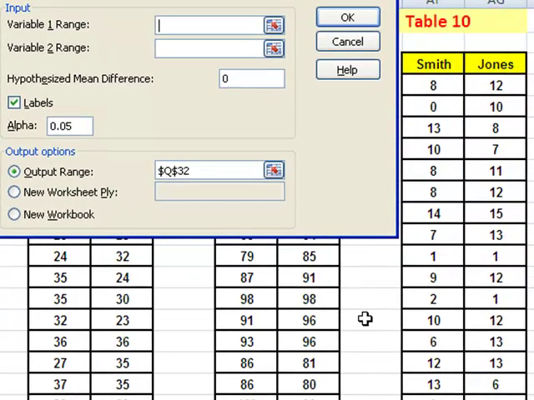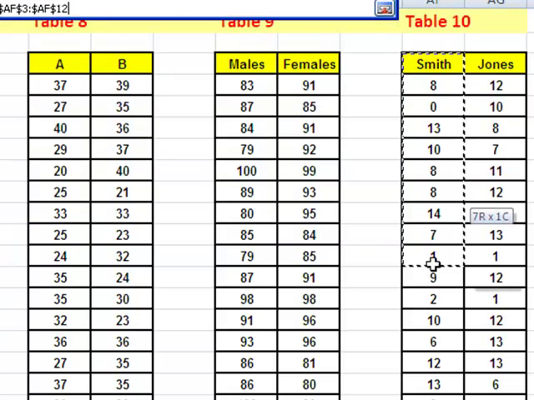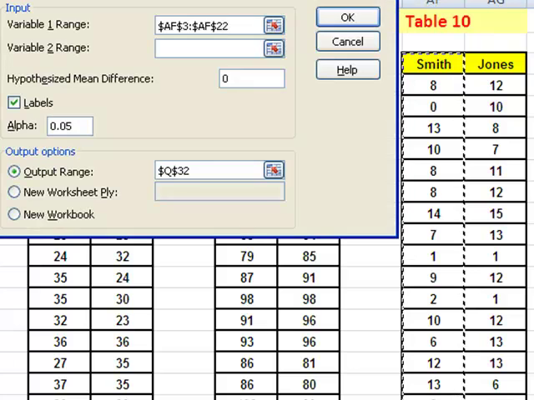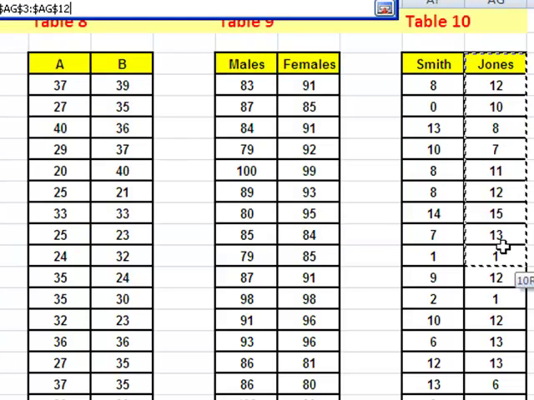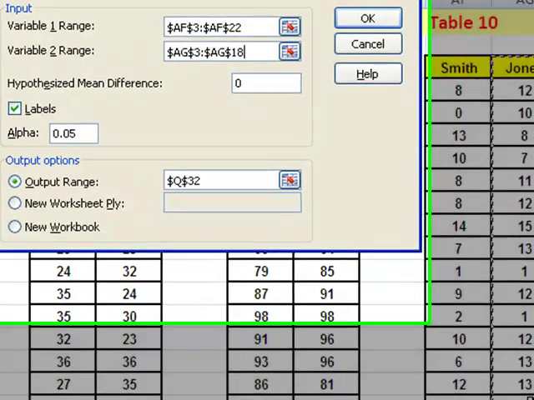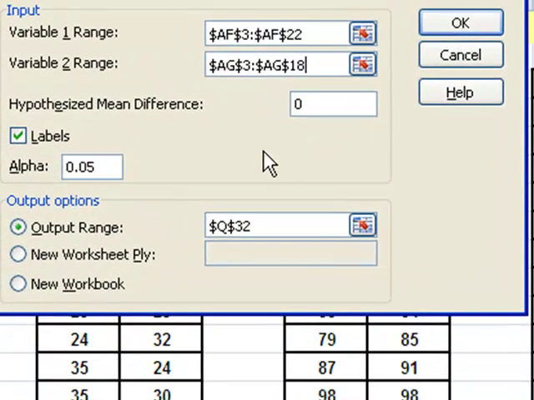Well, variable 1 is going to be Smith, and I'm going to use the labels, so I'm going to click on Smith, click, hold down, and drag over the data representing Smith's catch. Then I go to variable 2 range, and that's going to be Jones, so I click on Jones, click and hold and drag until I highlight all of Jones's data, release,